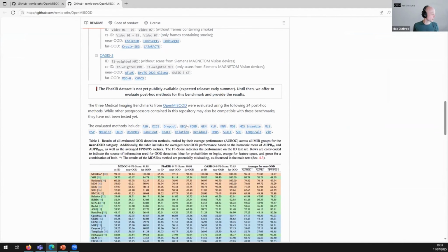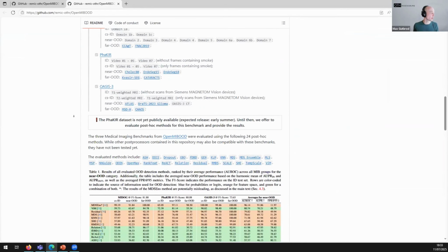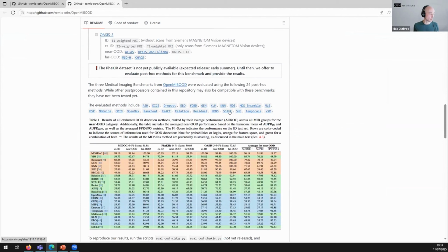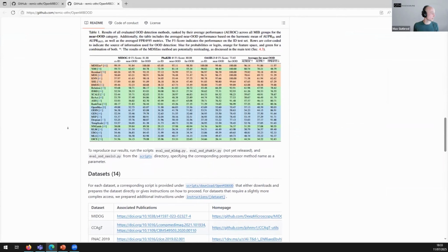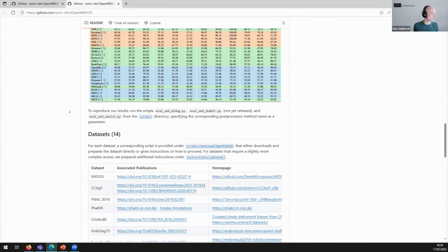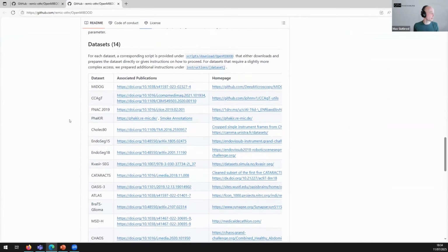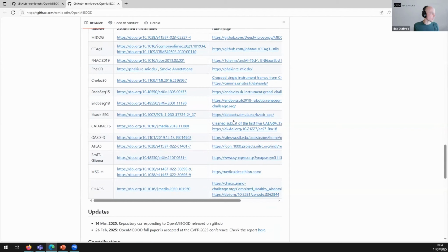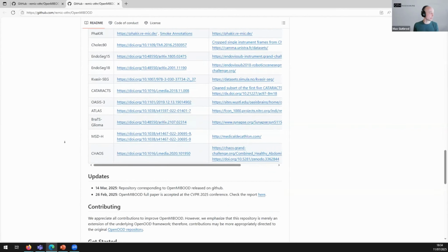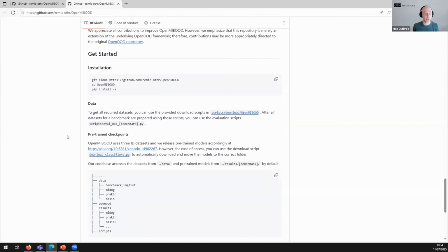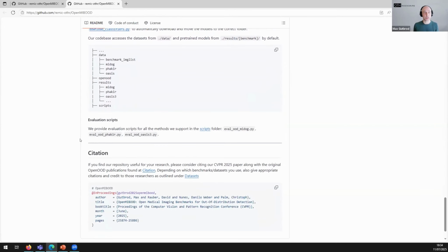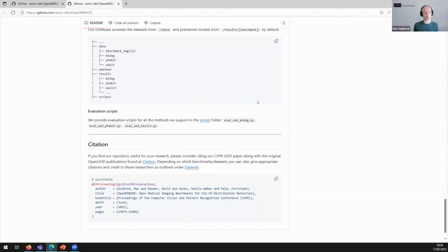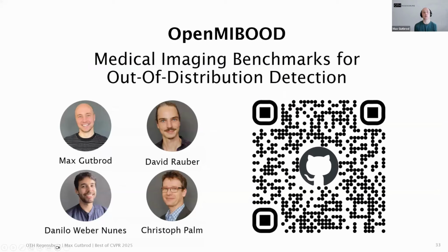You can find the links to all the data sets and the publications of the methods, the results from our paper, and we released download scripts for the different data sets, all the sources of the data sets, and also installation instructions. And of course, our pre-trained classification models so that everything can be reproduced. So yeah, thank you very much, and I'm open for any questions.